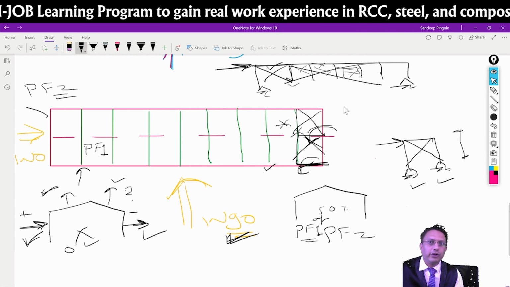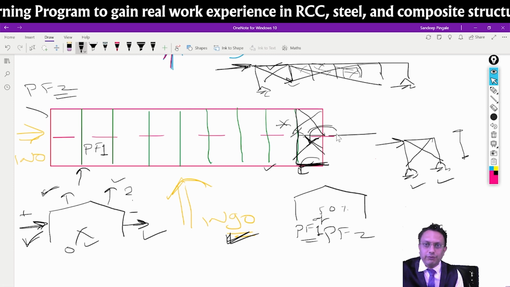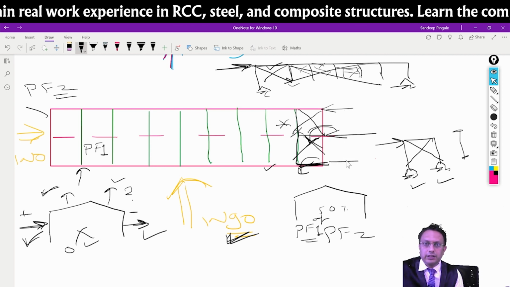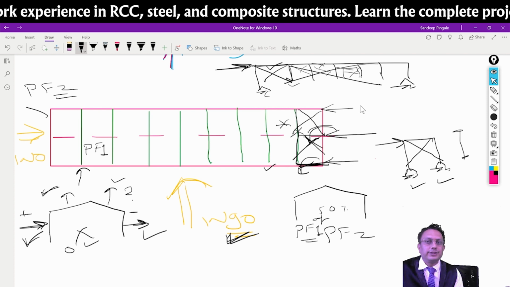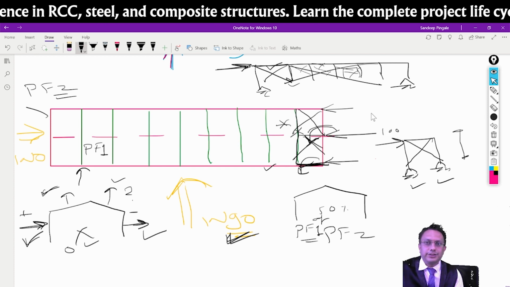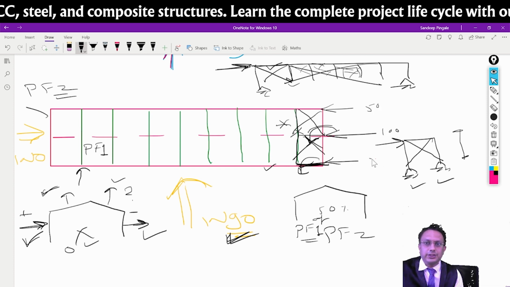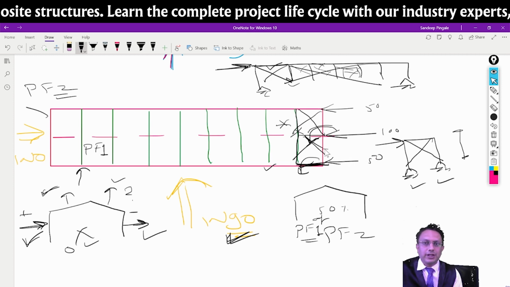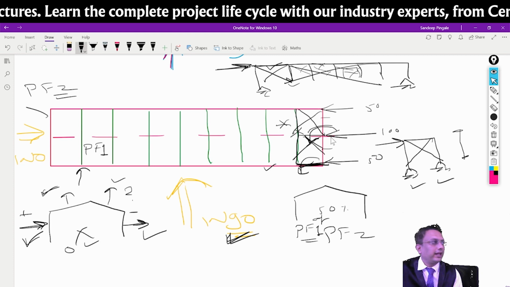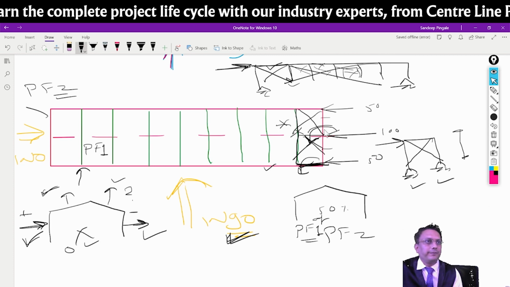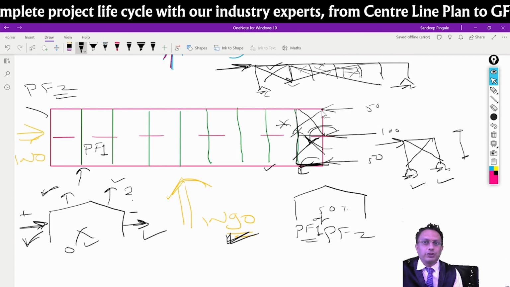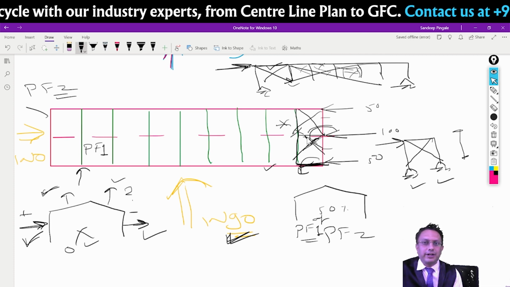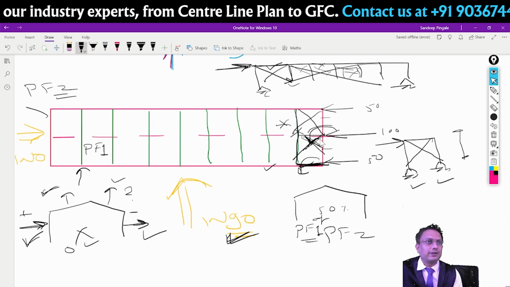And tomorrow I want everybody to calculate this and give it to me. This is 100%. This is 50%. This is correct, no? Because half of the area is full area. Here also half area. The force will come here, here, and here. So here it will be transferred to this